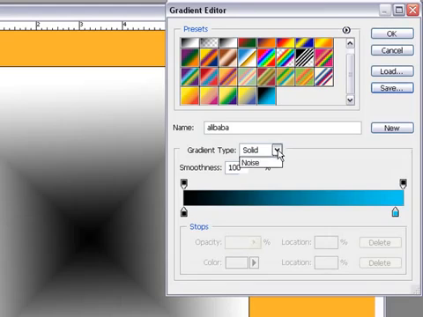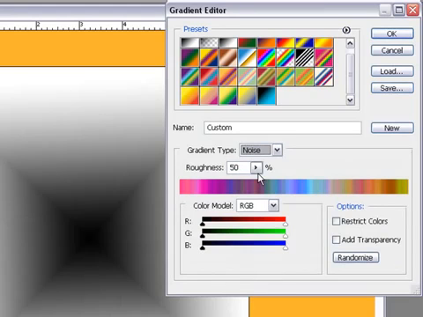Right, what we want to have a look at now quickly is this one here, this noise one. Now this is real fun. The way this works is you got a roughness gauge here where you can add more retro loud colors to it, or you could make it more smooth and blend the colors in depending on which way you go. And then you have a choice of RGB, HSB, or LAB. I quite use the